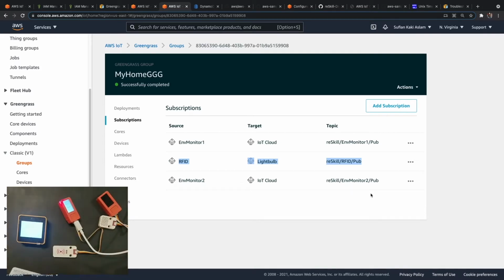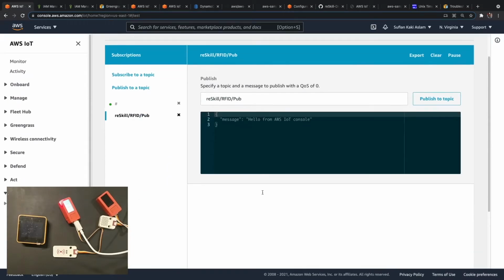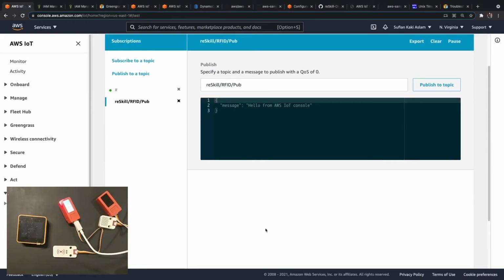okay. For M5 stack card, it is like working. For the other card, it will not be working, as in like the light gets turned off. And if we look at the messages, we should be able to see that no message has made its way to IoT core. This is exactly what I wanted to show. So what is happening is all the communication is being handled by the Raspberry Pi itself. Now that we have configured this, which is good, I will now get rid of this RFID thing and this M5 Core 2.